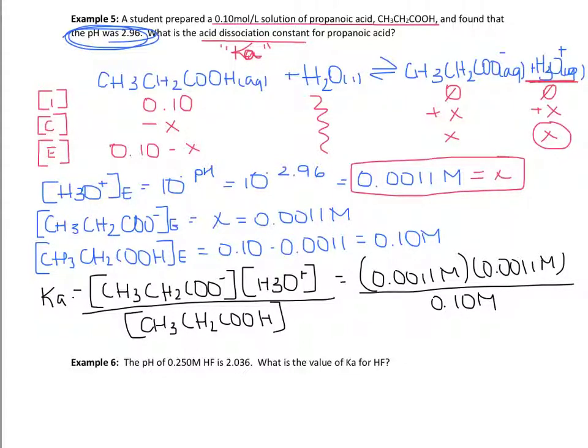One of the moles per liter will cancel with the moles per liter in the denominator. Our answer for Ka should have 2 significant figures, and that would be 1.2 times 10 to the negative 5